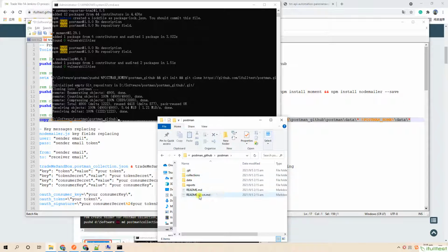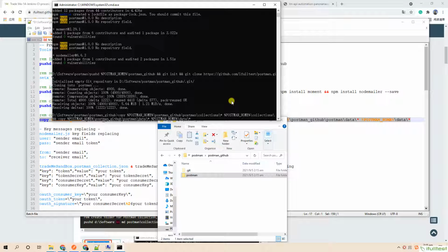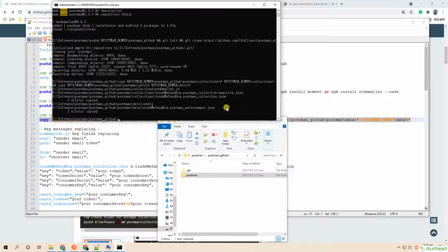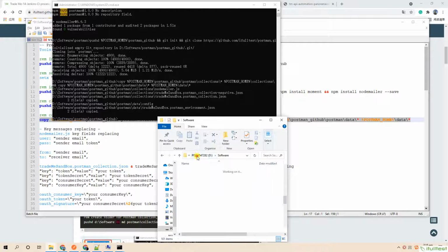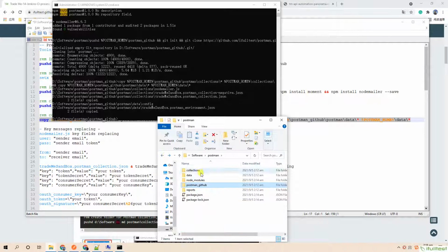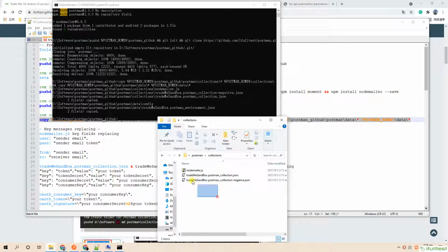See, we have cloned the given GitHub repository. Copy the related files to our local folder, such as these files, the environment file.